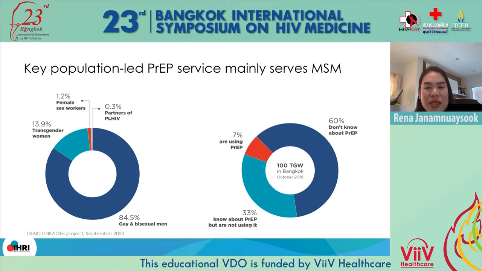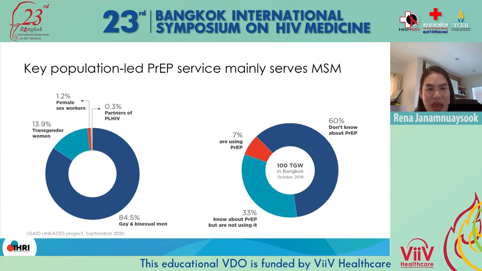And on your right-hand side, you can see that when we conducted a small survey in Bangkok, we found that around 60% of the transgender women in the survey reported that they did not know about PrEP at all, and 7% reported using PrEP at the date of the survey. So it came to the point that we at IHRI had to do some intervention for transgender women,